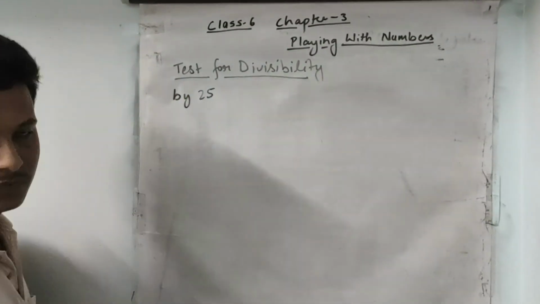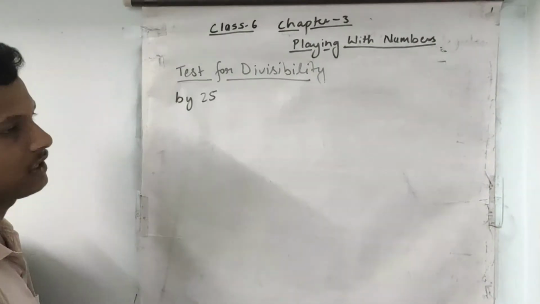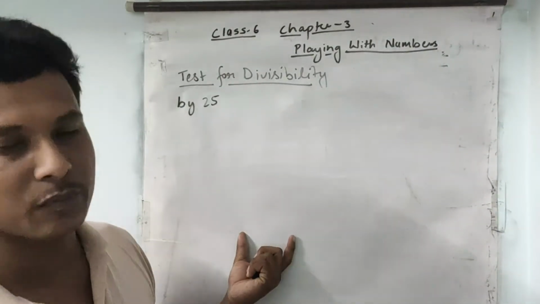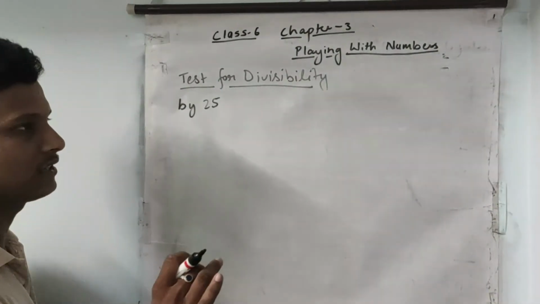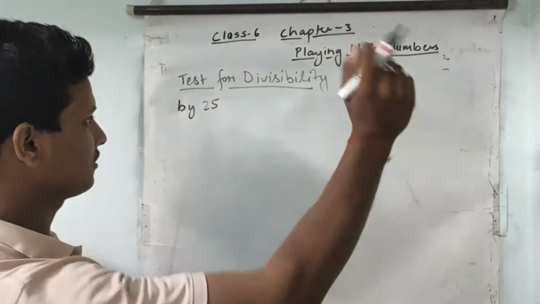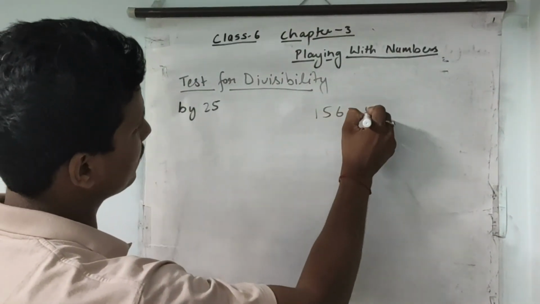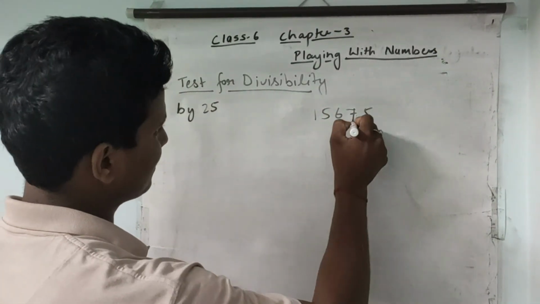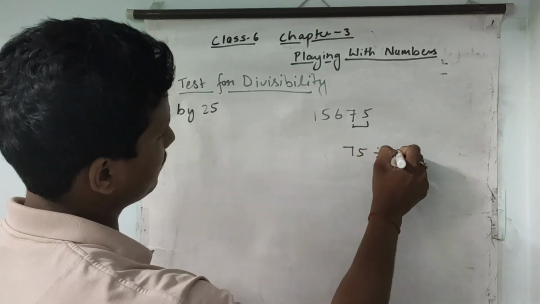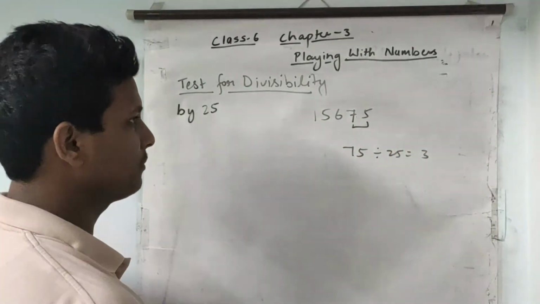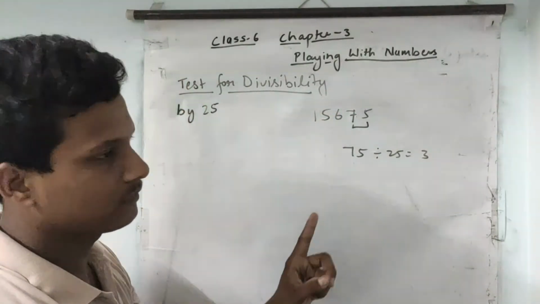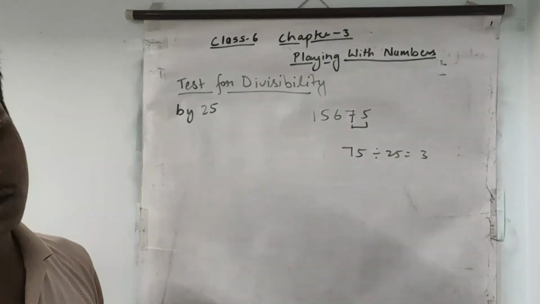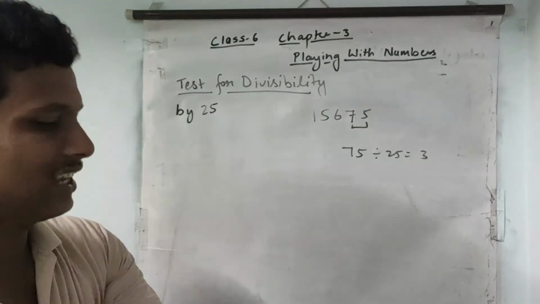At last we are checking the divisibility by 25. For checking divisibility by 25, take the number formed by the last two digits, the tens place and unit place digits. If that number is divisible by 25, then the whole number is also divisible by 25. Like 15625, we have taken this number, or 675. The last two digits are 75, and if we divide 75 by 25, that goes 3 times. So that means the whole number is also divisible by 25, because the last two digits are divisible by 25. So that is the case of divisibilities.